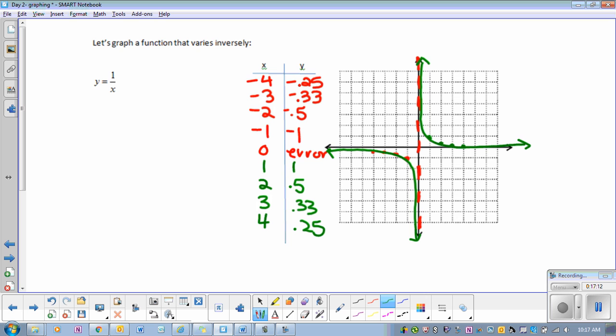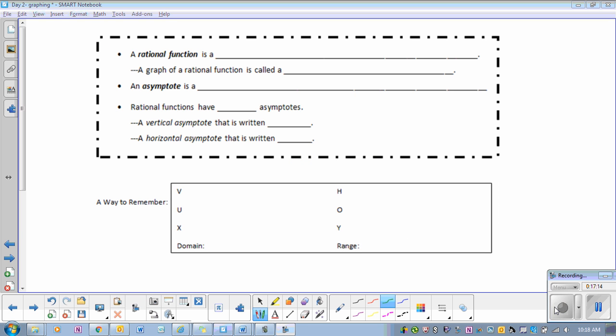All right, so down at the bottom, let's talk about what a rational function is. A rational function is a